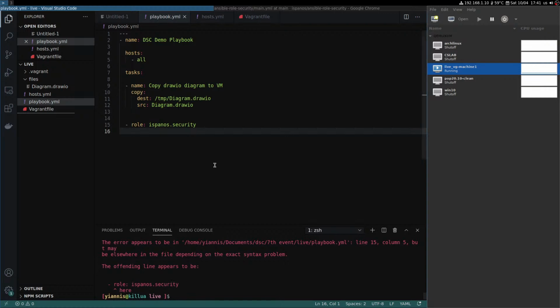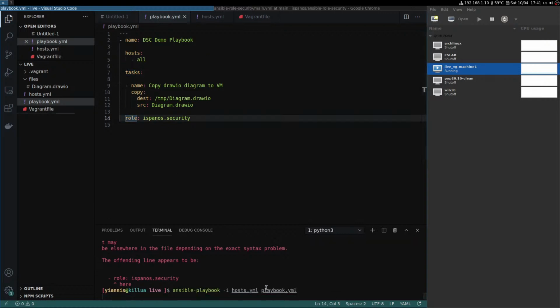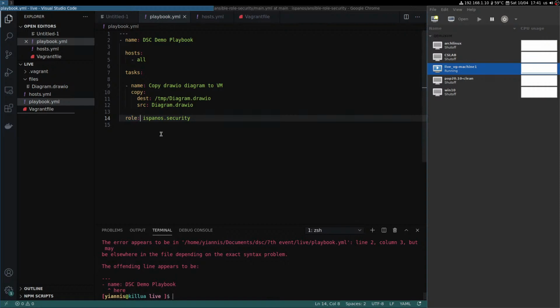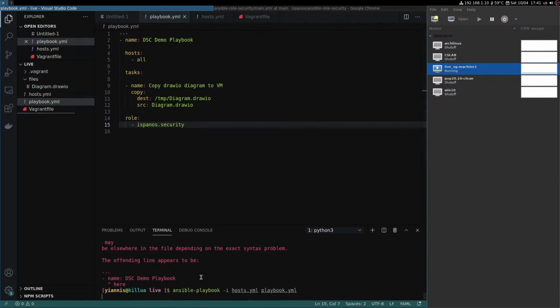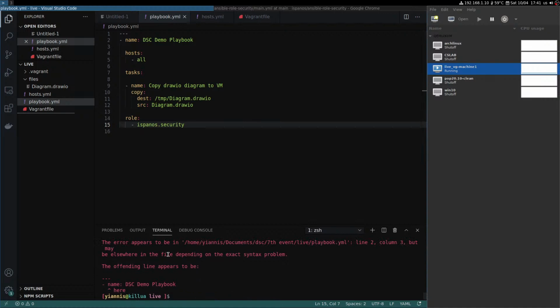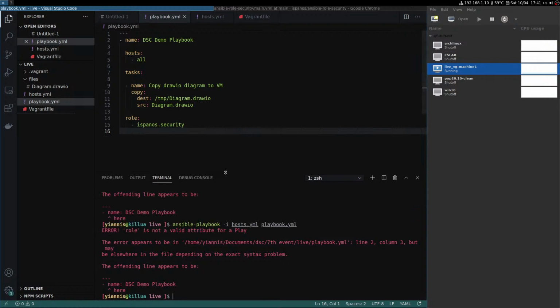The offending lines appear to, okay, this is a typo. The role isn't at the right indentation. This should be at the same indentation as the tasks are. Let's try again. Okay, this has to be a list. The offending, okay, let's read the error message together. Line 3,